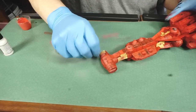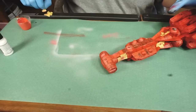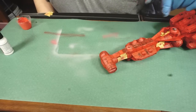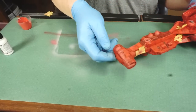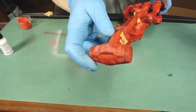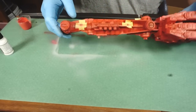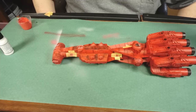Oh, I thought that this tape might end up peeling up some of the paint because of the hairspray, and it did that a little bit there. I'm not worried about it though, obviously, because I was going to be doing some chipping anyway, so if it happens naturally, that's okay. Here, see that? All right, so yeah, I'm going to go ahead and noodle on this some more and do some more panels, and then